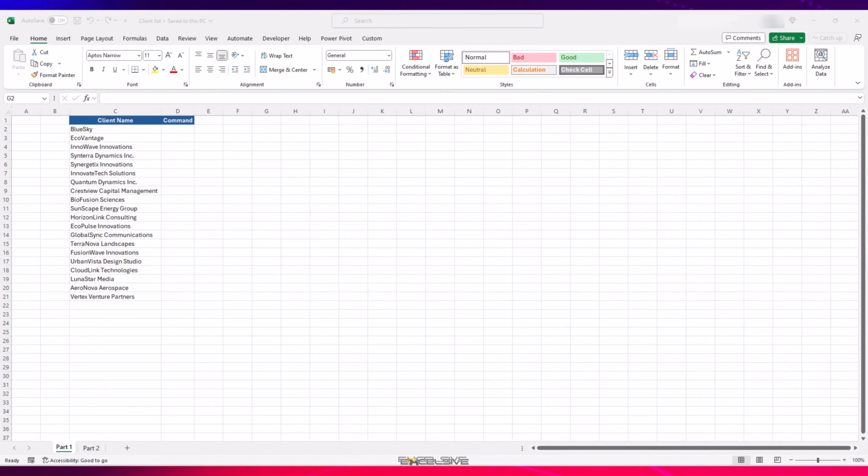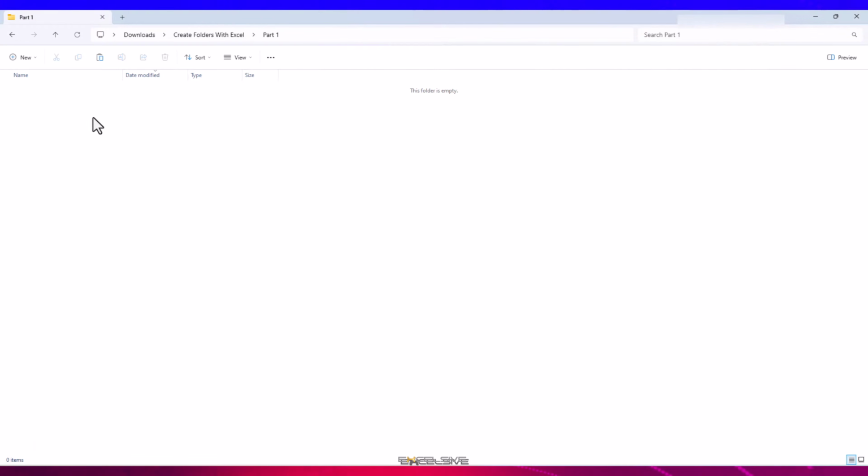In Windows, if you have to create a folder, what do you do? You right-click on an empty space like this and go to New Folder, right? Now you have a folder titled New Folder that you can rename as you wish. In DOS, we had to use commands to do every task. So to create a folder or directory, we have to use MD, which stands for Make Directory, followed by the